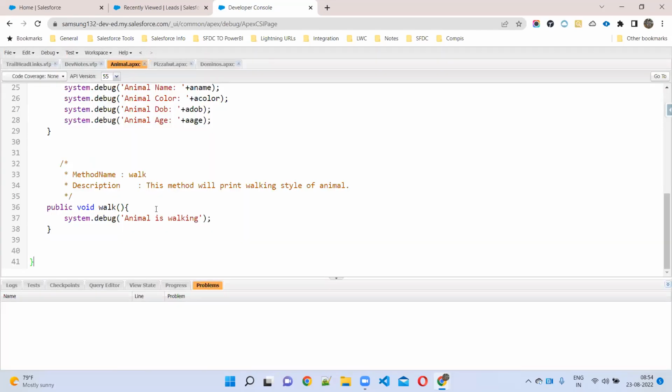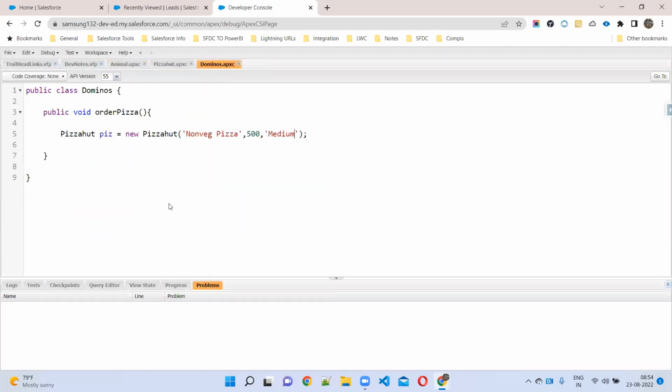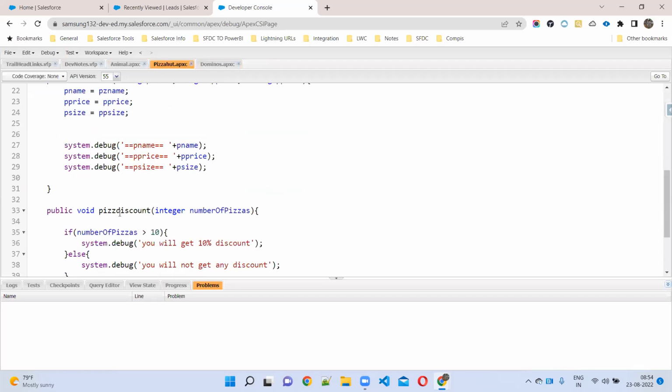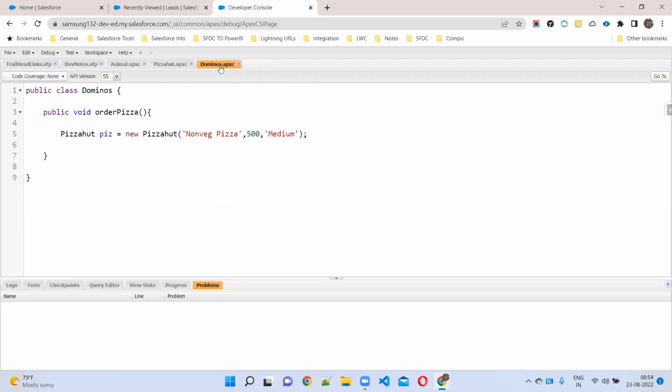Now tell me, sir, how we can call this method here? In the main, I want to call that method. Tell me how we can call this pizza discount method. Normally, how we can call a method? Object name, method name. Here, what is the object name? PAZ.